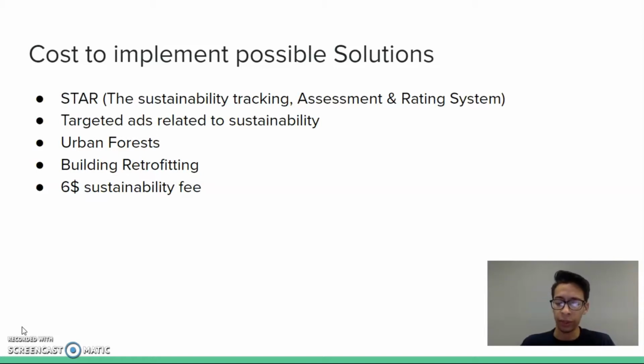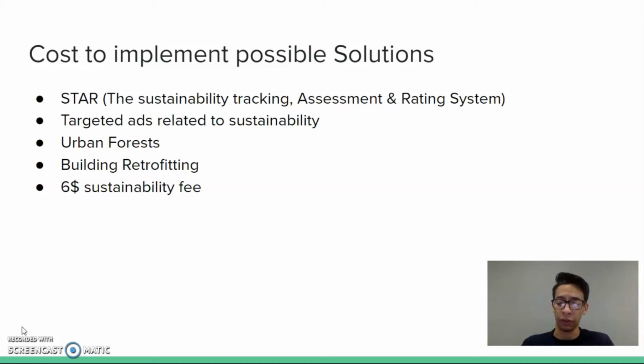That $6 fee assessed every semester on all of Wayne State's 27,000 students would generate approximately $324,000 of revenue that we would be able to use to